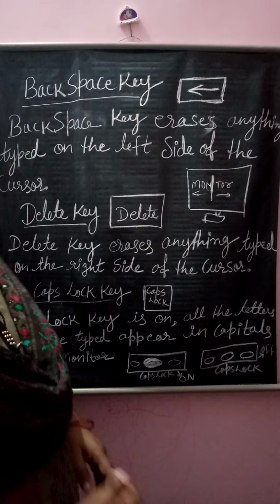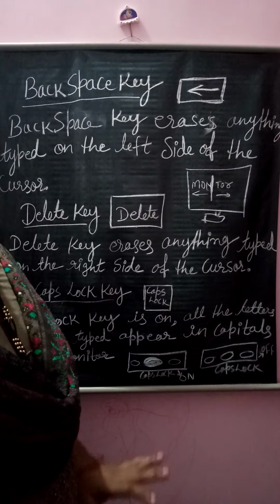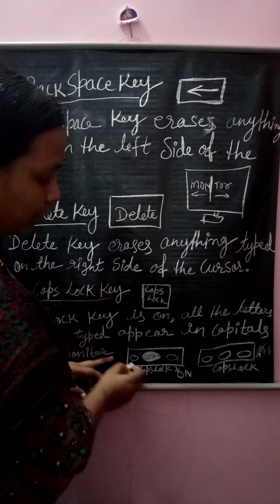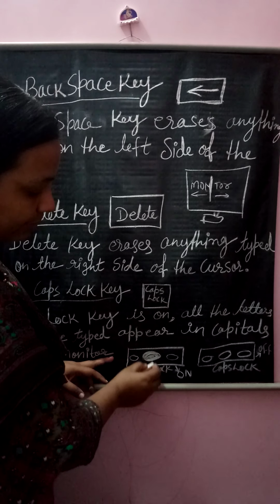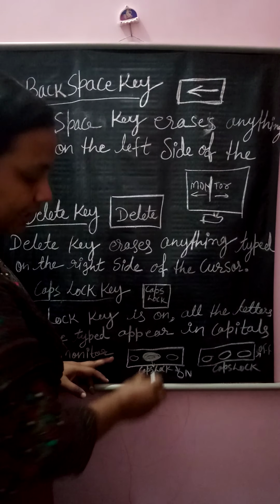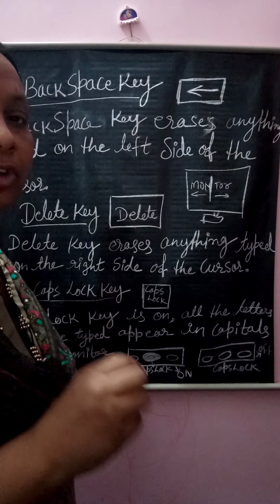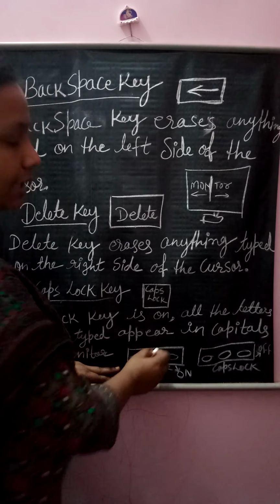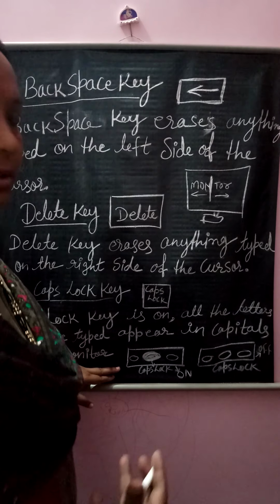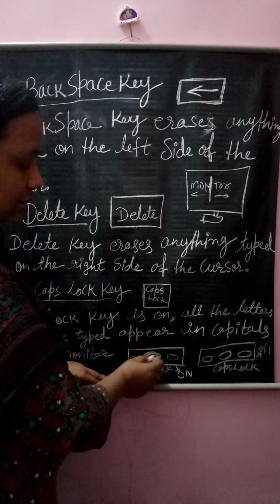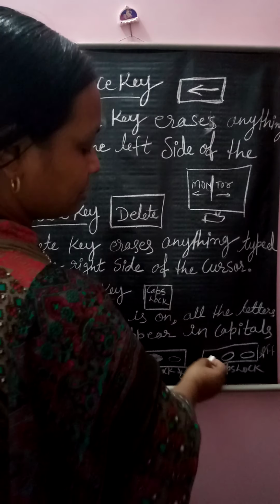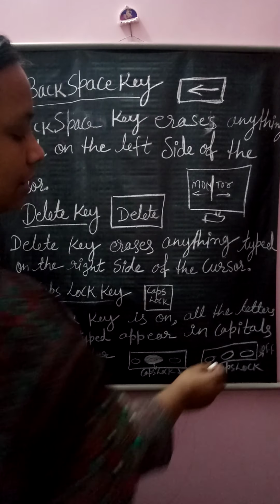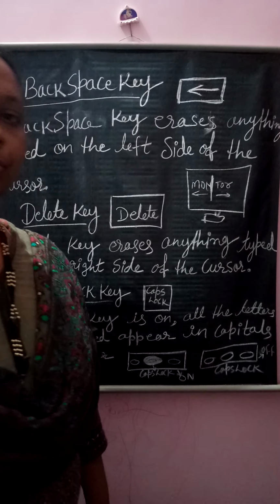Okay, and how do you know that? You know that this one is now my keyboard in caps lock form. You have these types of buttons. If your caps lock button highlights, highlights means when you are switching on the caps lock, when you are pressing the caps lock key on the keyboard, your indicator will be highlighted. Okay, a green light will be shown, so it means it is highlighted. And if it is not highlighted, it is off. If you again press the caps lock, that is, now I don't need a capital letter, it will be unhighlighted. And so you know how you can press.